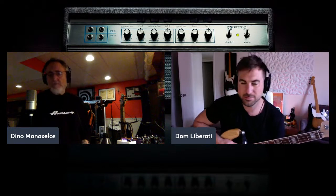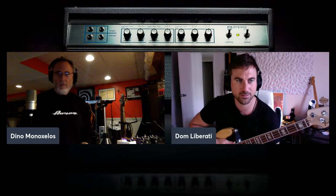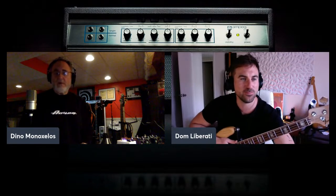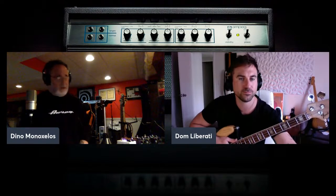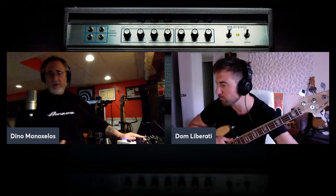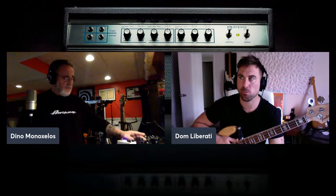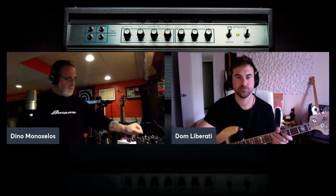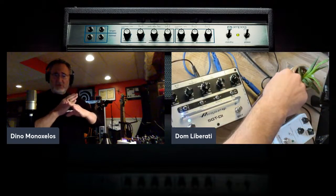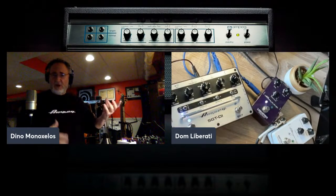Yeah, that makes sense, because that's what I love most about this chorus pedal that I haven't found elsewhere: low end retention is the word I'm looking for. And I know it's a bass pedal, Ampeg is obviously known for bass stuff, but it is a killer guitar pedal too. If you turn up the rate and the depth, because of the dual chorus, you start to border on somewhat of a tremolo effect, so for a lot of rock and roll players...